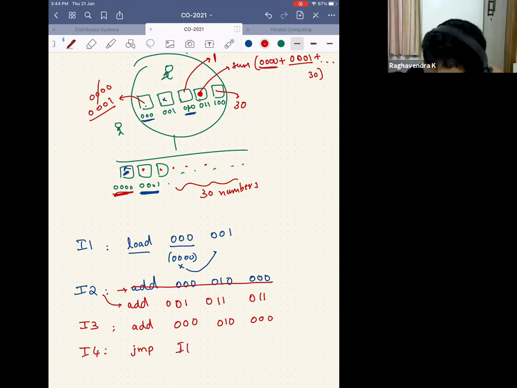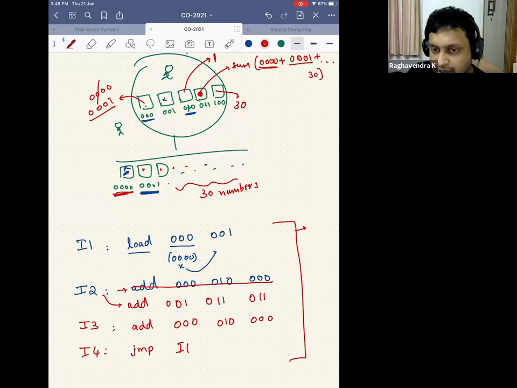Okay. So forget about the condition. Let's say I want to add infinite numbers. If I want to add infinite numbers, does this piece of code work? Does everybody think that piece of code works or not? Can you look at it before answering the poll? Just look at it. I am not adding 30 numbers. I want to add an infinite number of numbers. I have only these 4 instructions.